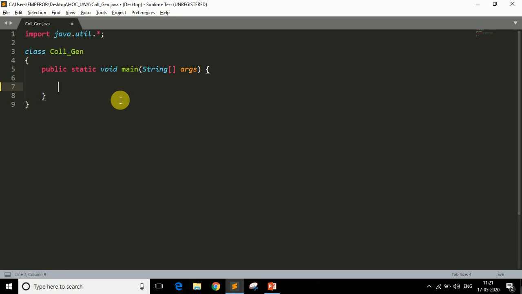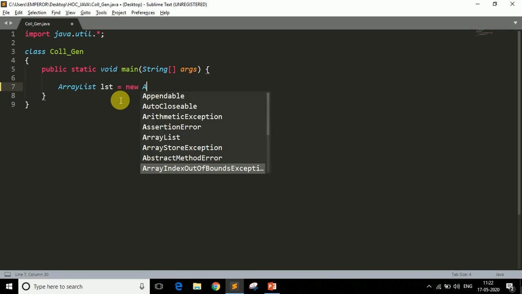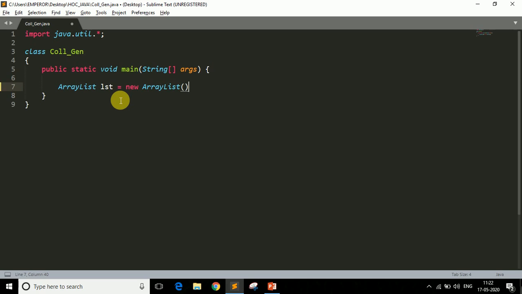So basically in a collection we can expand or shrink the size of the collection as per our requirement. How? Let me show you the same ArrayList example here. To create an ArrayList, write ArrayList, then list equals new, and then ArrayList. Okay, so our object is created, and now if I want to add a value, I have to use the add function. So object name dot add, and here you can specify your value. For example 1, this is an integer value. Let's say I want to add another value, let's say I want to add string a here. Okay, I can do that because I have not specified generics yet.